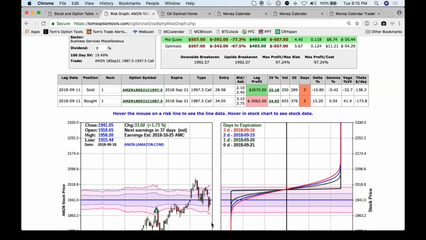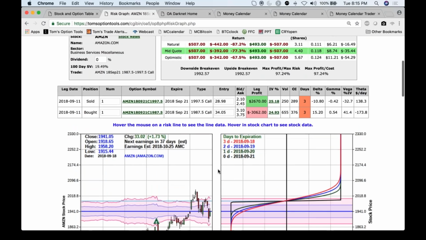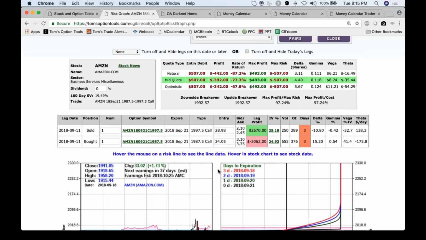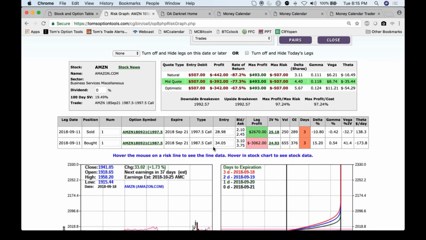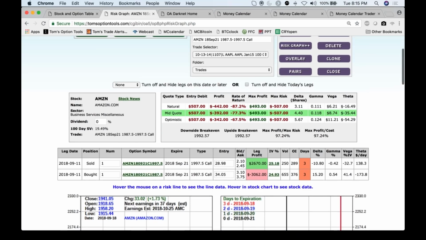The stock's down 50 points. Not quite 100, but the stock's down over 50 points. A stock trader would have lost 50. If you'd taken this $34 call, that $34 call today is $3.10 by $3.75, so you'd be down over 30 points. You'd be down 50 points on the stock, 30 points on the call, or